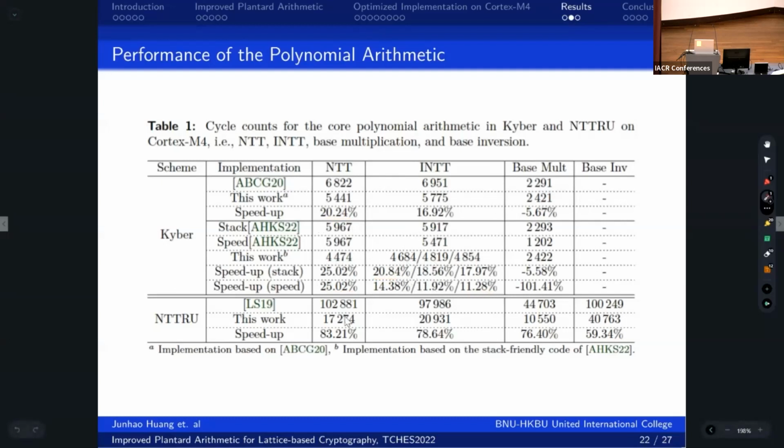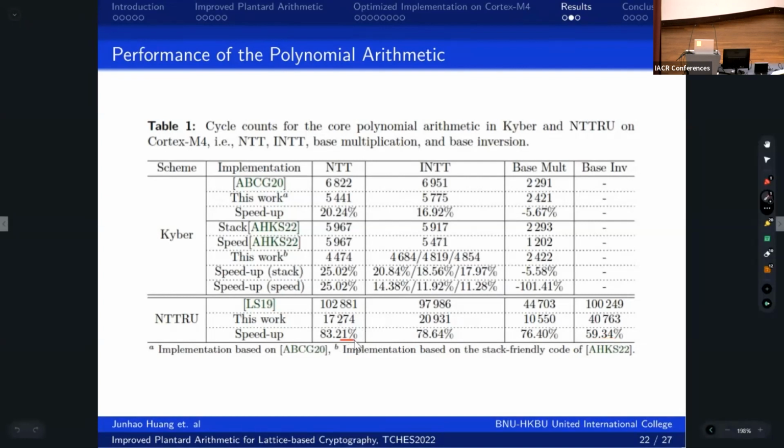NTT. And as for NTTRU, to the best of our knowledge, this is the first work that presents the assembly implementation of NTTRU on Cortex-M4. Therefore, we only compare with the reference implementation in Tiebo's 2019. And thanks to the parallel implementation and the improved Plantard arithmetic, the speed up ranges from